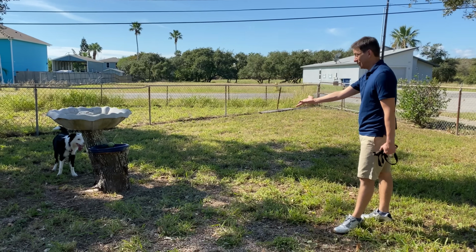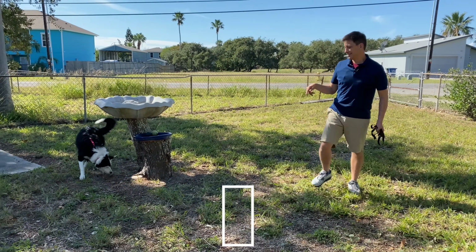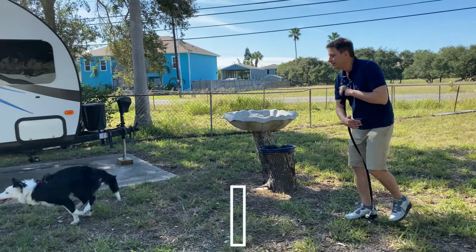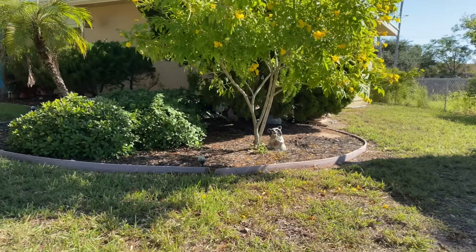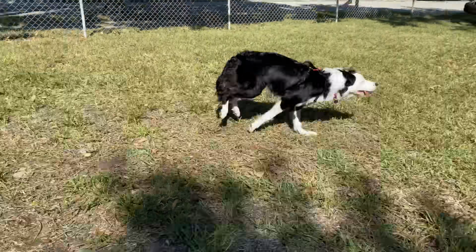I had a hunch this would happen because I'm getting to know her, but I think it's important that we realize that we don't want to give our dog too much freedom in new places until we've adequately done some training. And this is a really good example of why. So I do need to manage regaining control of her here. My first step, once I finally do get control of her, is to put her